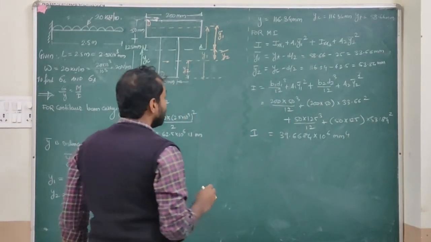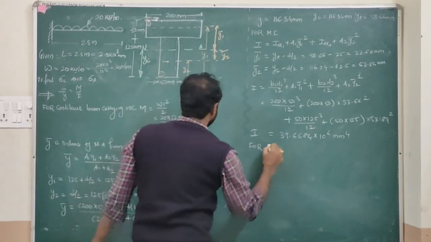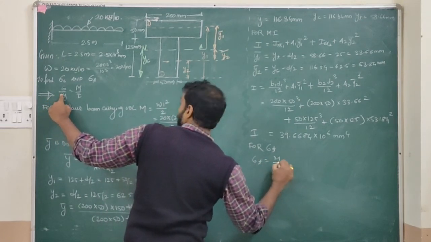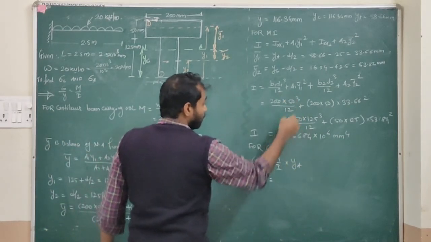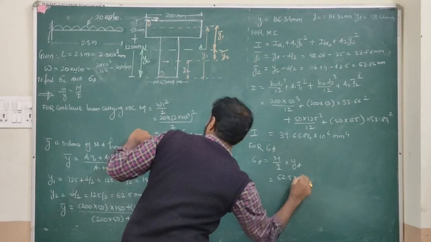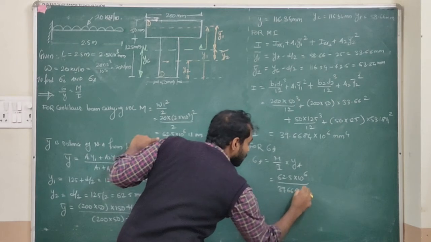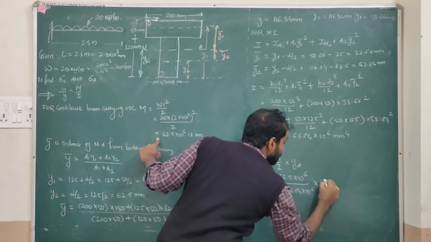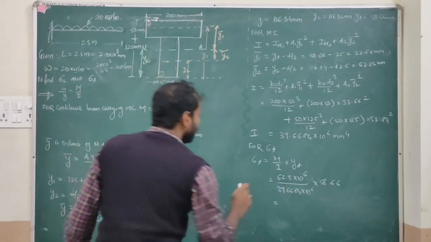Now just put the values for sigma t. The formula is sigma t equals M by I into yt, as we are finding out the tensile stresses. The value of M is 62.5 into 10 raised to power 6. The value of I is 39.6684 into 10 raised to power 6, into yt. The value of yt is 58.66. So we will get the value of sigma t as 92.42